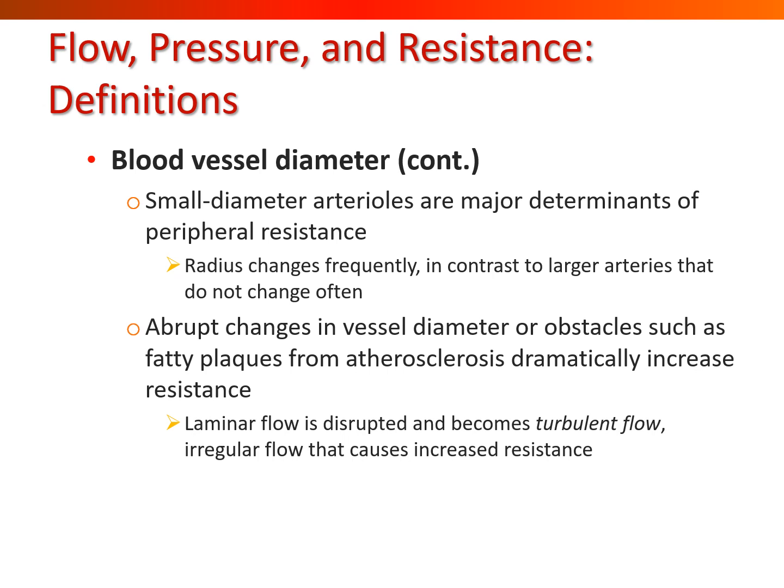Another thing that can contribute to resistance is an abrupt change within the structure of the vessel. So maybe something like a plaque buildup inside of an arteriole, that can create a lot of problems to that laminar flow that we're expecting to see. It acts like a speed bump and creates turbulence. So just like a speed bump is put in a road to slow down traffic, a little fatty plaque acts like a speed bump and slows down our blood. Maybe something we don't really want. Probably not something we want at all.